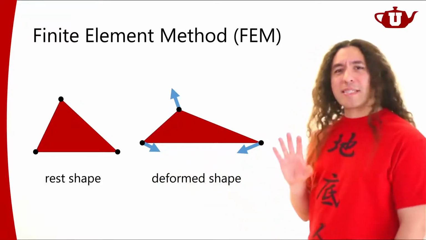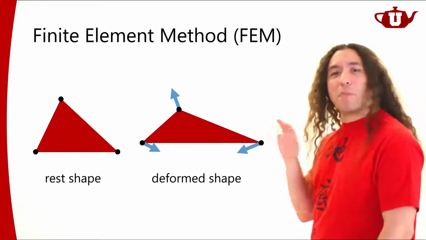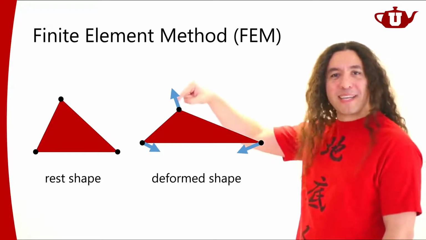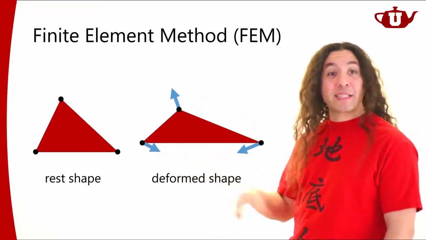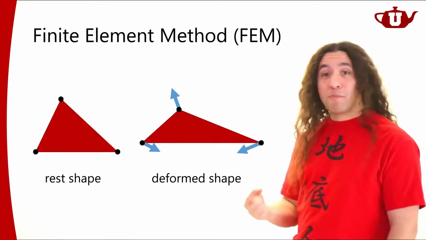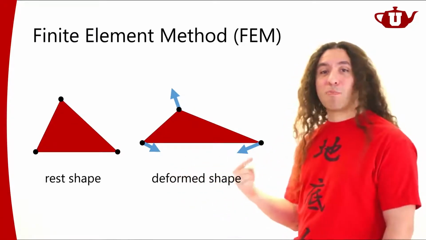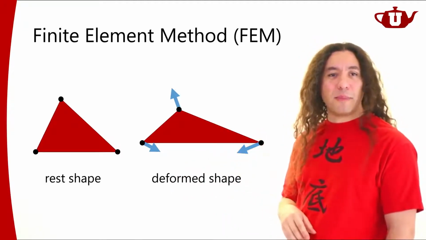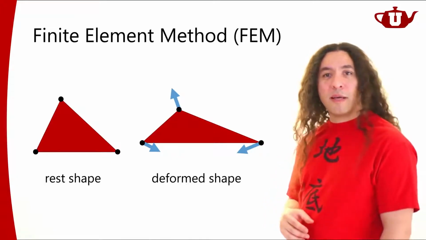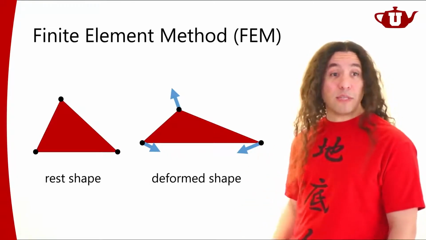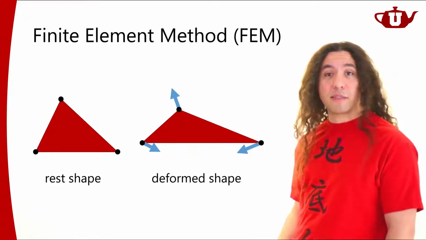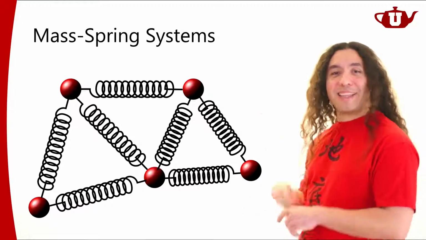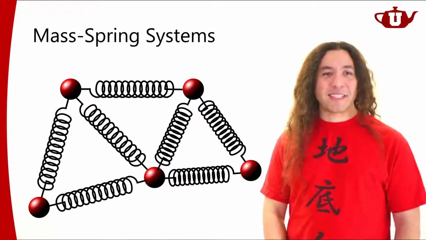So in some ways, this resembles a mass spring system, right? These are like the point masses, and we're applying some forces to those point masses. But we're not connecting them with springs, but instead we're connecting them with these triangular elements or tetrahedral elements. They are defining the forces applied to these vertices, right? But with the mass spring system that we talked about, things are a little bit simpler, and this is what you guys are implementing.